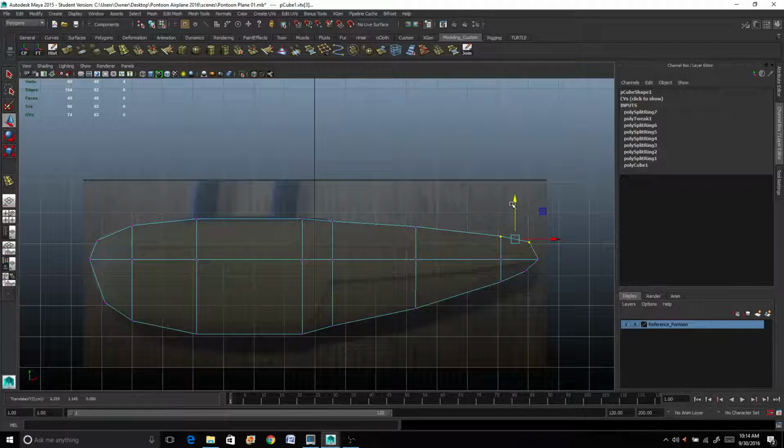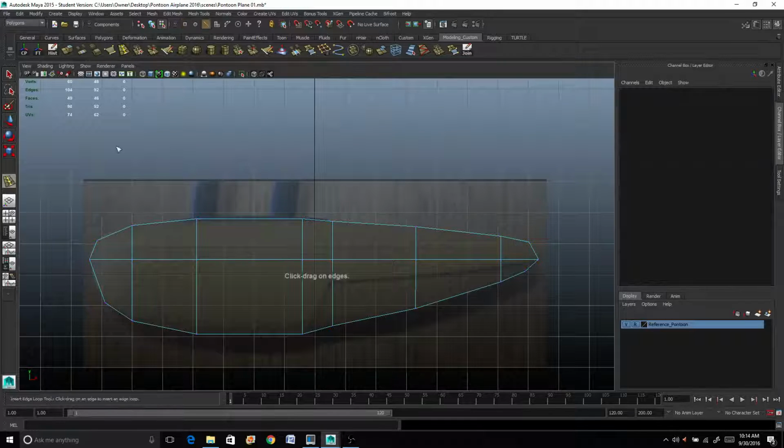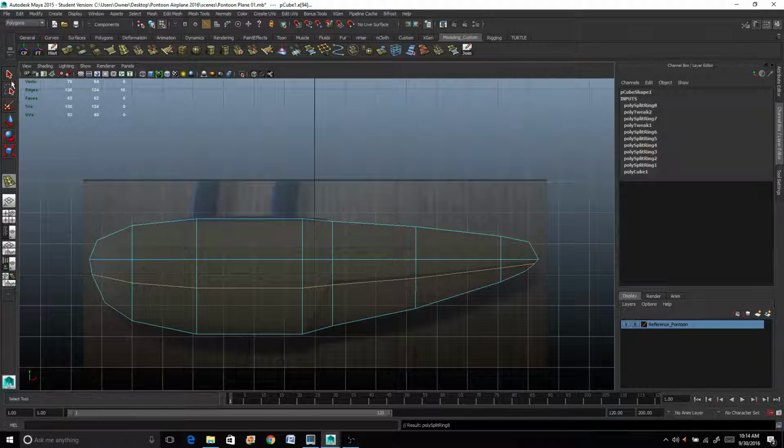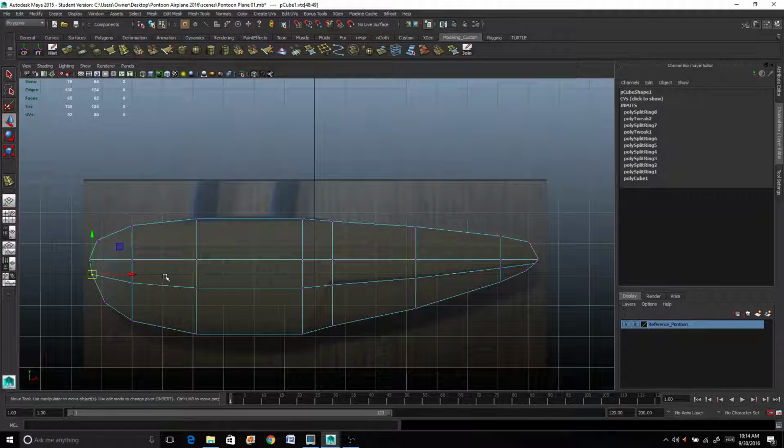So if you have too much geometry, or geometry is all running in one direction, you're trying to change it, that can cause some interesting effects that come out in the render that may not be pleasant. So I'll put one more in right here. That there. Okay, I think that should be enough geometry